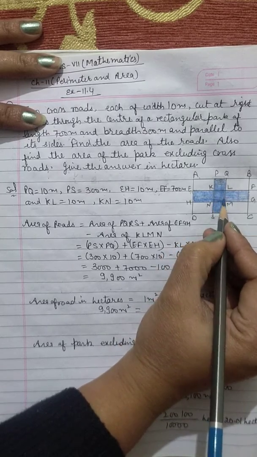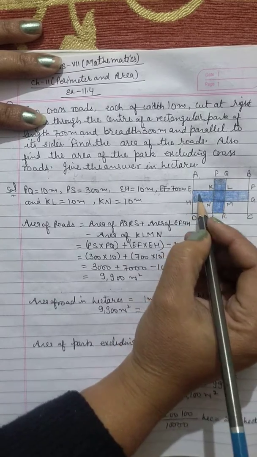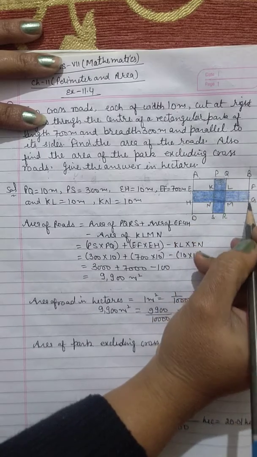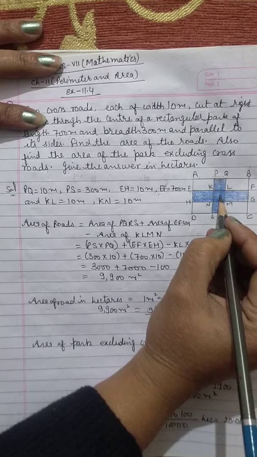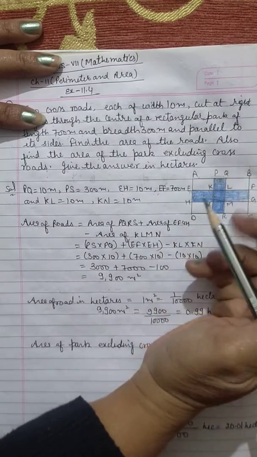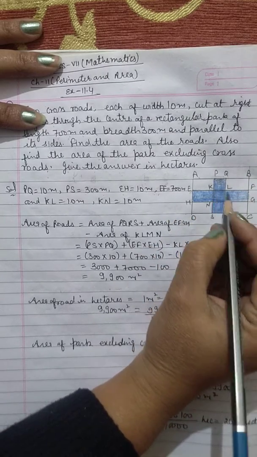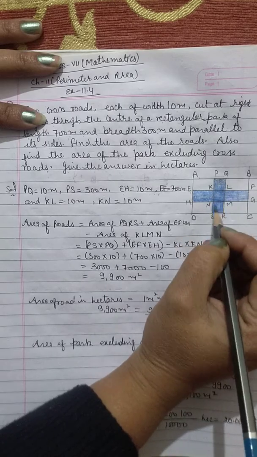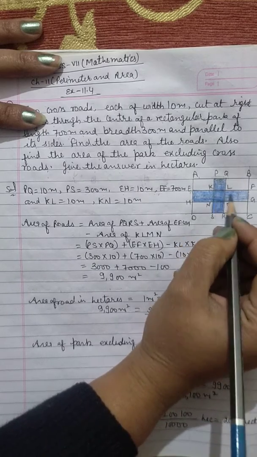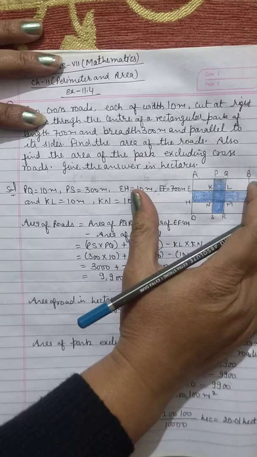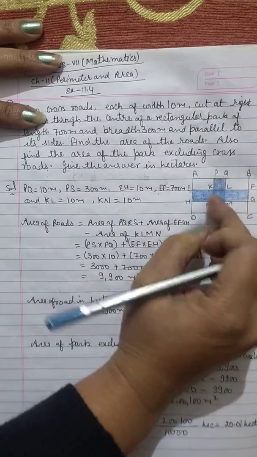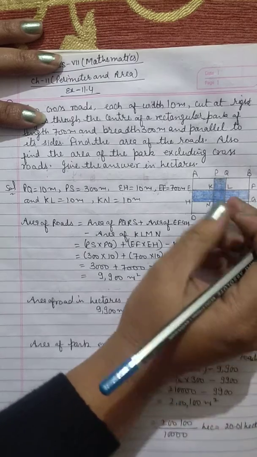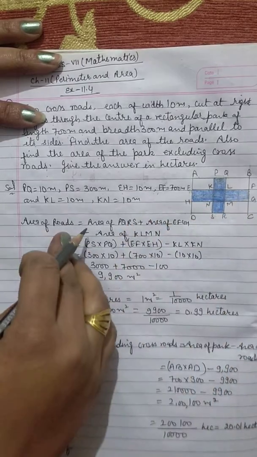So this one portion is included here, but again we'll find out the area of this one road EFGH, and this one portion is again there. As we are using this one area two times, what we'll do here? We will subtract this area of KLMN from both the areas. Fine. What we'll do here? We'll find out the area of this one road, then plus this one road, then subtract the area of KLMN, and then we'll get the area of the roads here.